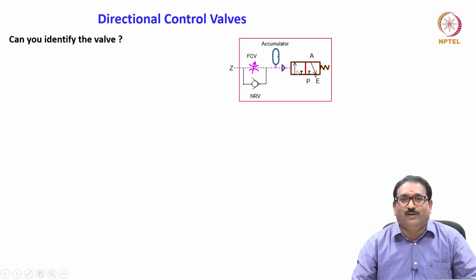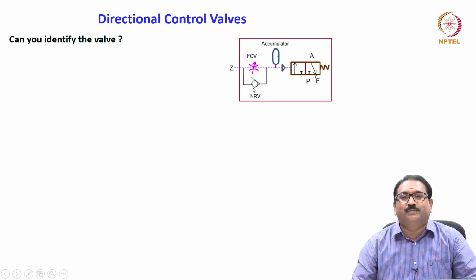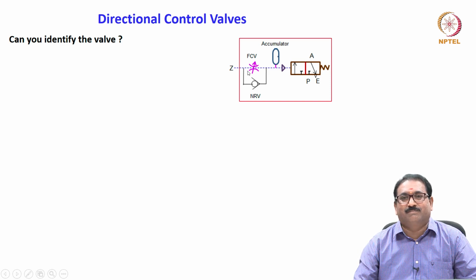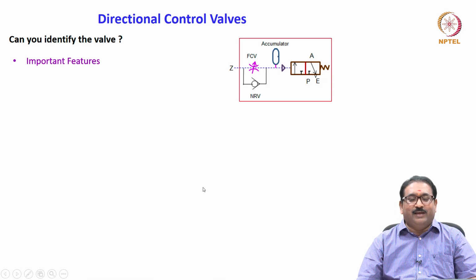I am telling you so many clues. If the flow is coming from the reverse, when will it come reverse? When the pilot signal is removed, then the flow will bypass the flow control valve. As I have told you, when the check valve is used parallel to any valve, it will bypass in the reverse direction. Correct? Then can you please quickly list the important features of this valve?